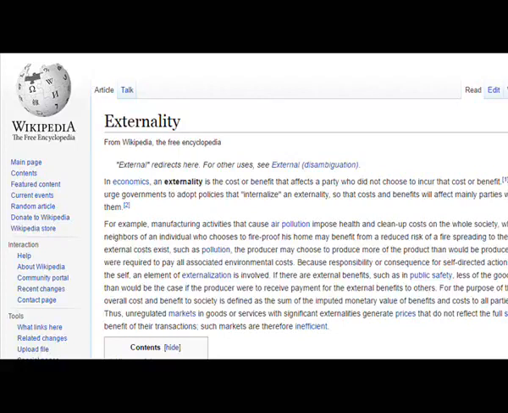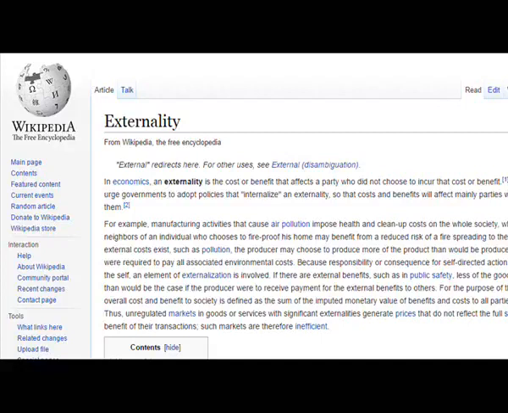Economists often urge governments to adopt policies that internalize an externality, so that costs and benefits will affect mainly parties who choose to incur them. For example, manufacturing activities that cause air pollution impose health and cleanup costs on the whole society, whereas the neighbors of an individual who chooses to fireproof his home may benefit from a reduced risk of a fire spreading